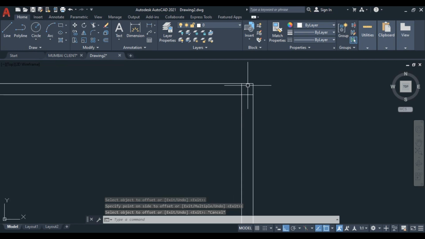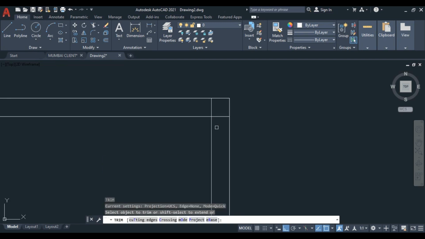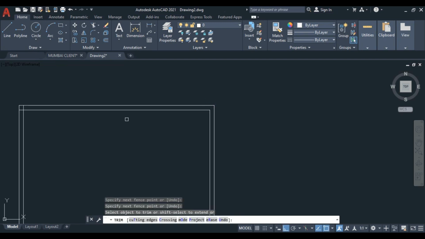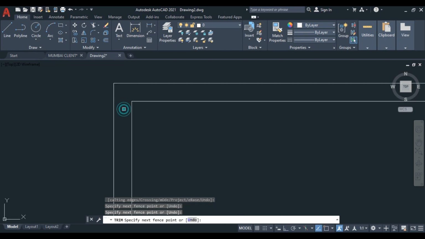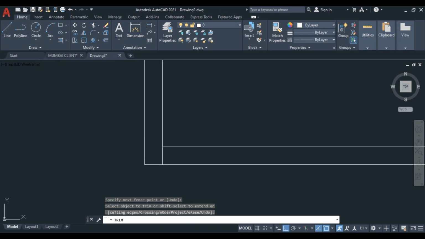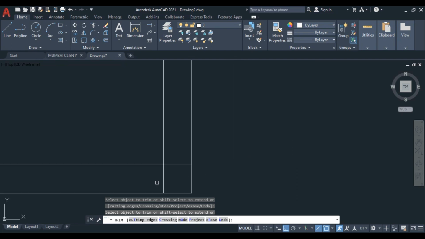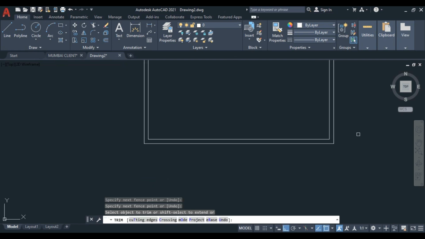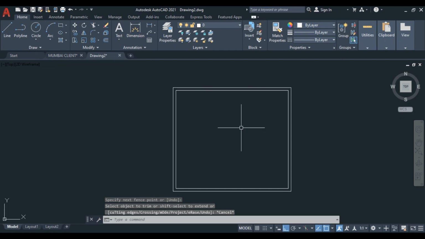Okay, now we'll trim these extra edges here. So simply tr, double enter, and just trim it. Alright,